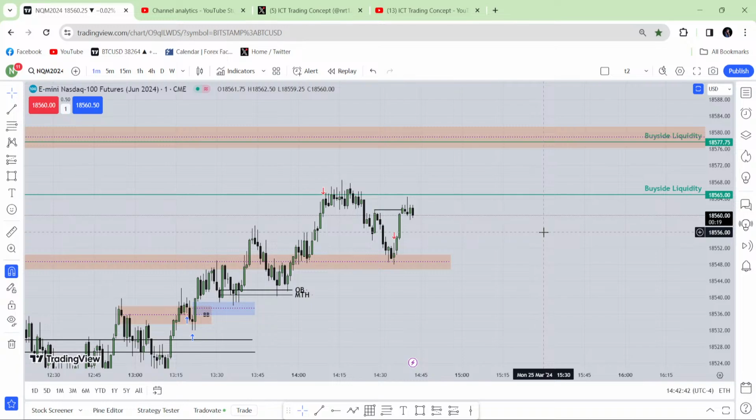Okay, Tamimi. It's a little tricky, brother. The breaker block thing is a little tricky, but yeah, I tried to make it simple. I don't know how far I can make it simple.